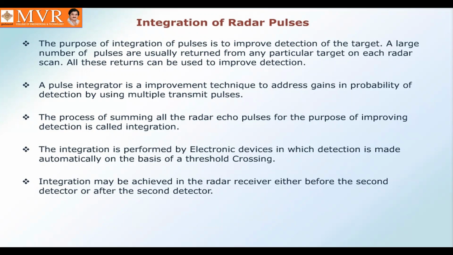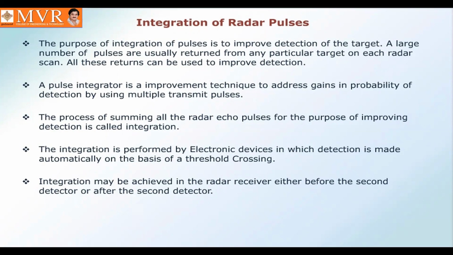Why is the integration used? Normally, while we are transmitting the electromagnetic signal into the energy, we have sent pulse modulation. I mean, we have sent the electromagnetic signal several times. Whatever the number of times we are sending the electromagnetic signal, the same number of echoes can be reflected from the target itself. If you are sending more electromagnetic signals, there is a probability of getting more echo signals.